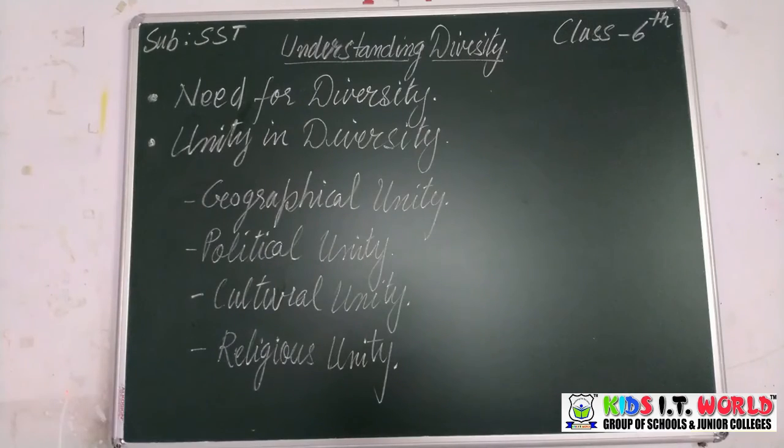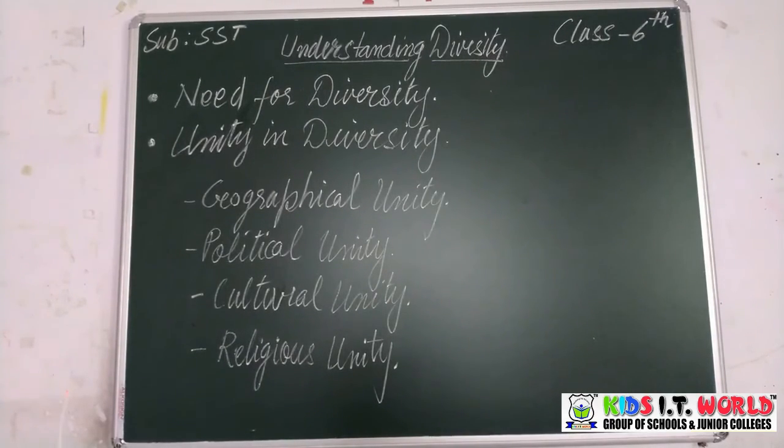As explained earlier, India exhibits diversities in several spheres. To quote R.K. Mukherjee, in spite of all the diversities in different fields, physical, social, linguistic, cultural and religious, there is a fundamental unity of India underlying this diversity. Now, what kind of diversity are there? There are 4 points written. We will discuss them and understand what they mean.